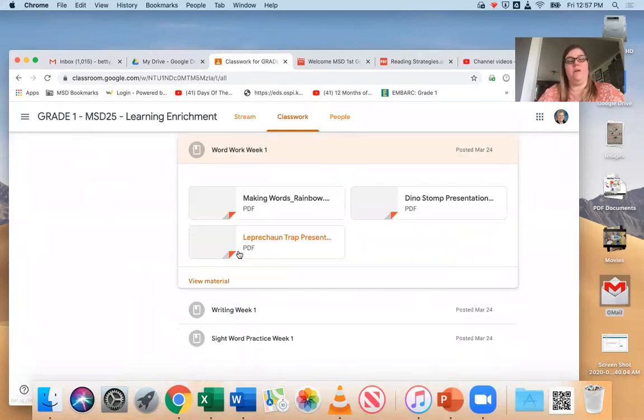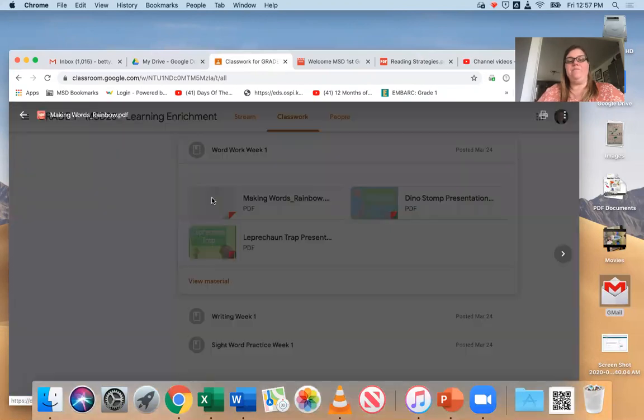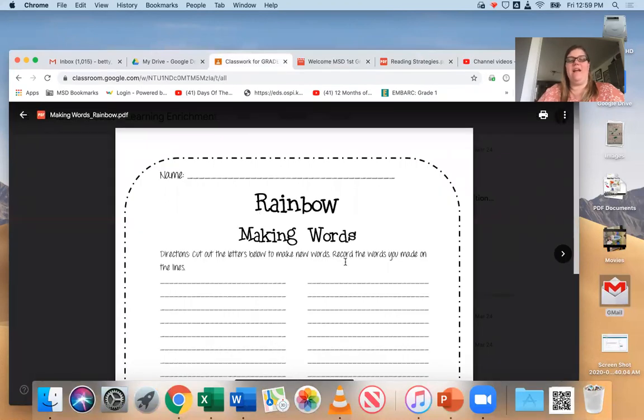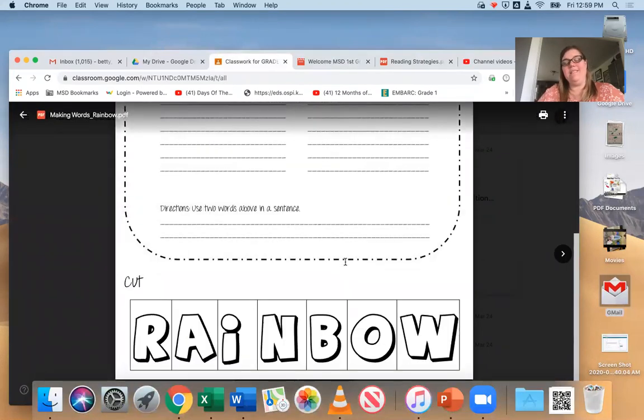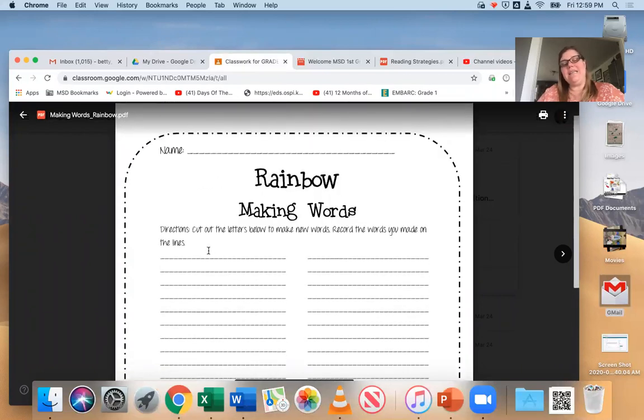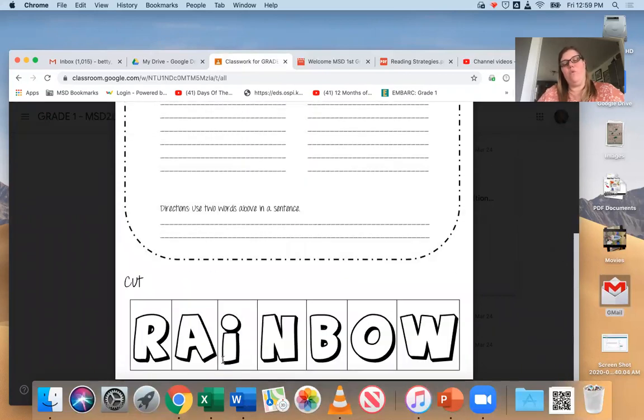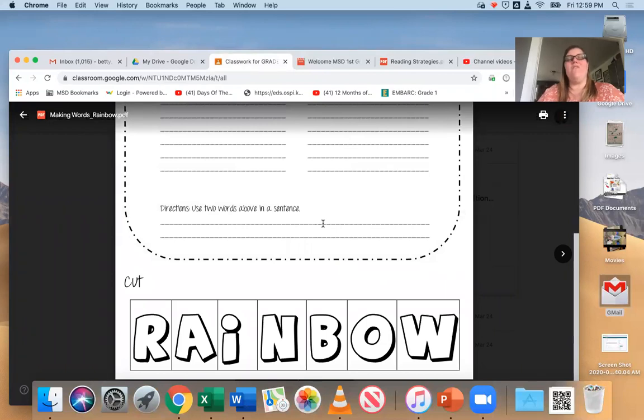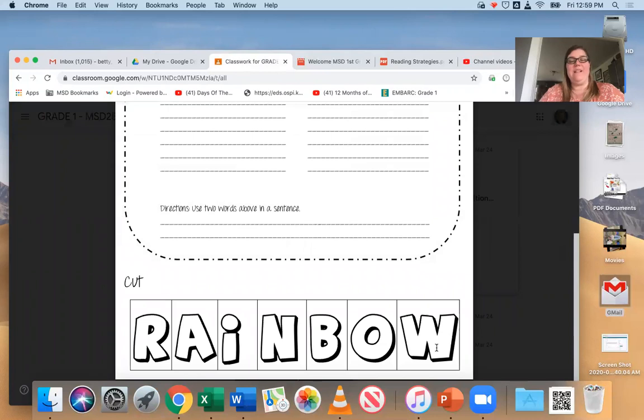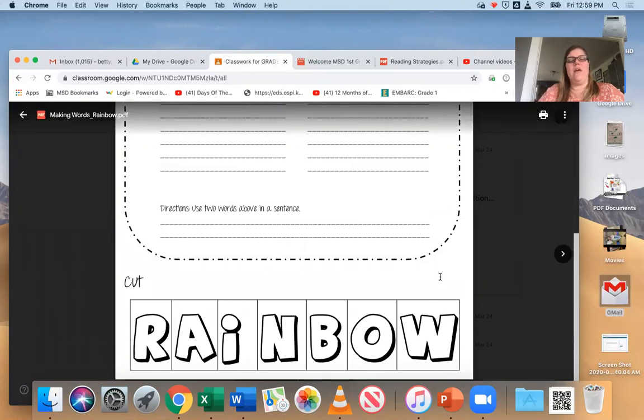You'll have word work. So again, if I go into here and it's a worksheet and I can't print it, it's fine. Just get a plain piece of paper, write the word rainbow, and think of all the words you can make with those letters. You can even write it big like this and cut out the word rainbow if that helps you, okay? So after I've done this,